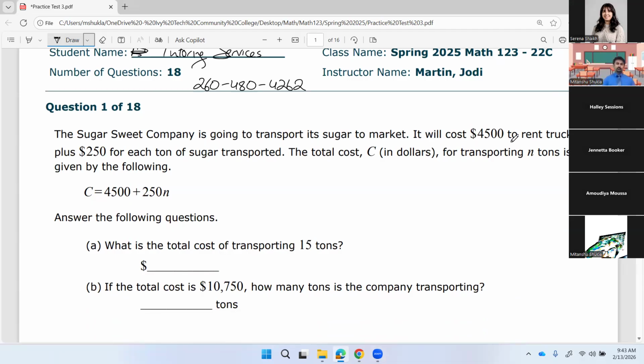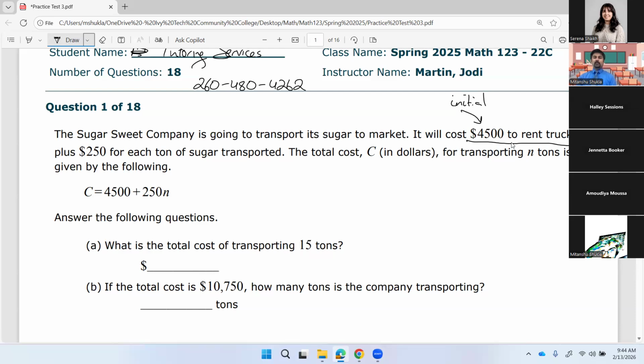Number one, a sugar sweet company is going to transport its sugar to market. It will cost $4,500 to rent the truck plus $250 for each ton of sugar transported. The cost, C in dollars. As soon as I see this kind of stuff, guys, I like to underline my information. We know that it will cost $4,500 to rent the truck, so this has to be a beginning amount, right? No matter what, I have to spend $4,500 to rent the truck. So this is initial,